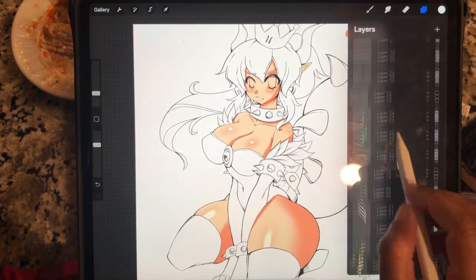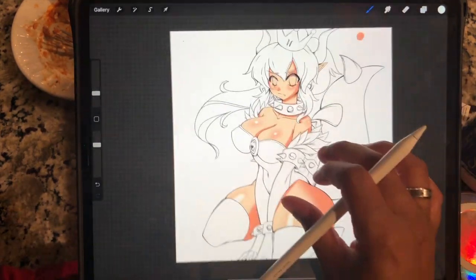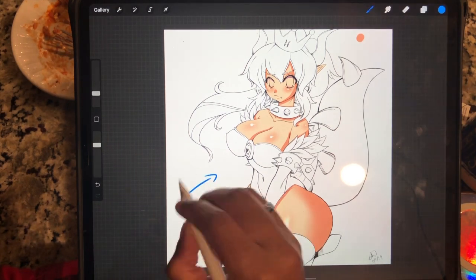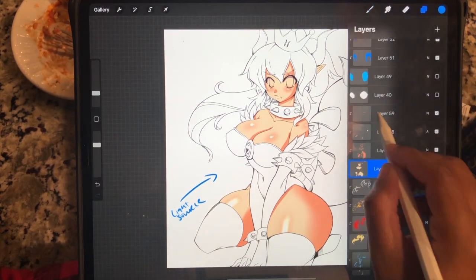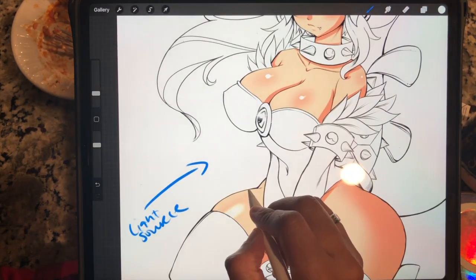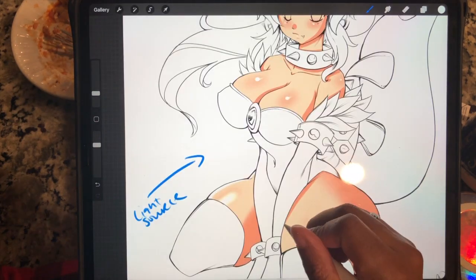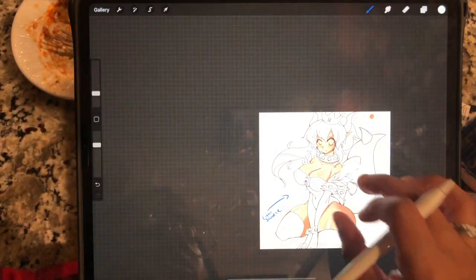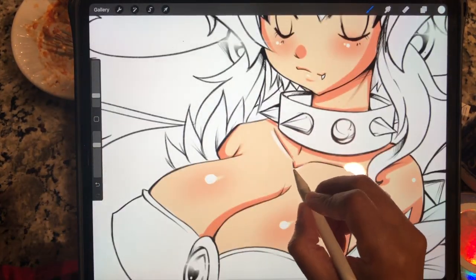And then I'll show you how it's going to come together at the very end when I put it back, open all the layers back up so you can see the full photo. And so, as you can see, I finally realized I forgot to put the light source for you guys. So I went ahead and put where I'm envisioning the light source coming from. And like I said before, I use white for the highlight. So as you can see, I am putting white where I feel the light will be hitting her the most